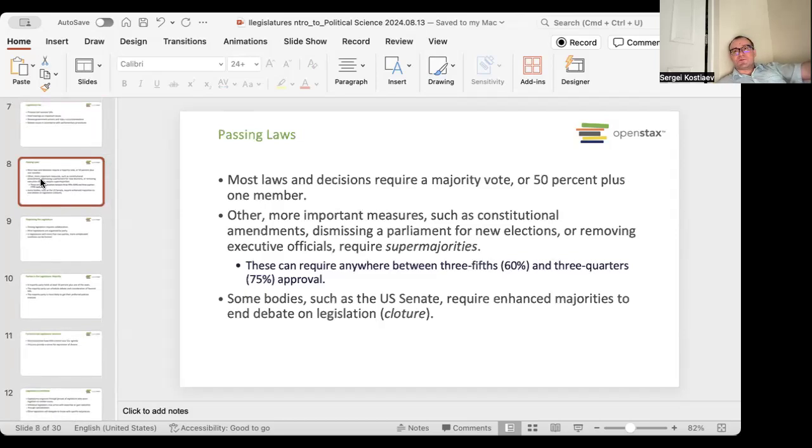Legislatures have different rules in terms of how they pass laws. Sometimes it's just a majority. Sometimes in the U.S. Senate they have this filibuster rule, which requires, for the most part, 2/3 of senators to vote for a particular legislation, if it's partisan, if it's controversial. If it's not controversial, then a simple majority